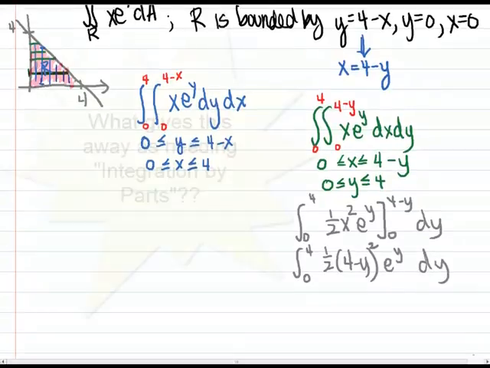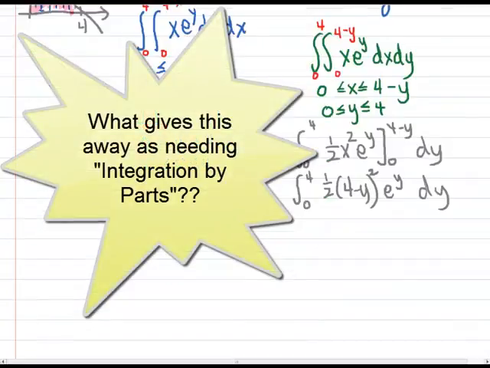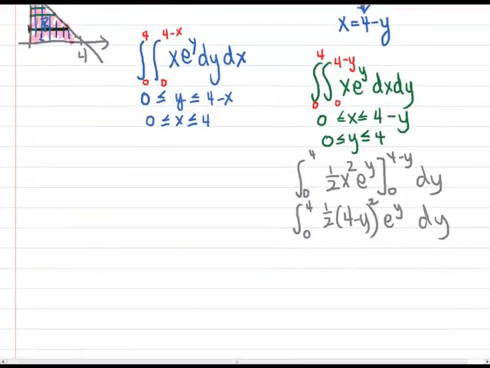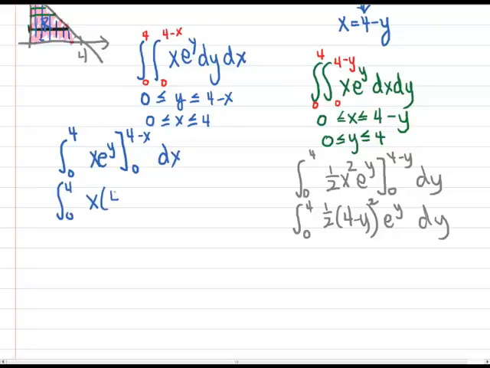So this is looking like integration by parts, and it looks like I'm going to have to integrate it twice. So I'm thinking maybe let's try the other one. So this is 0 to 4. I'm going to integrate e to the y with respect to y, so that stays the same. 0 to 4 minus x dx. And I'm going to have x times e to the 4 minus x